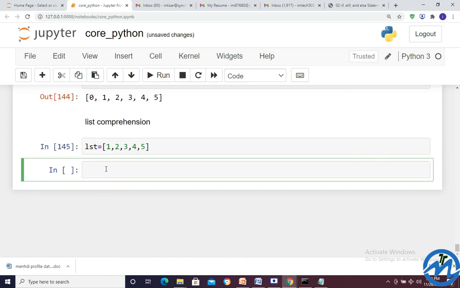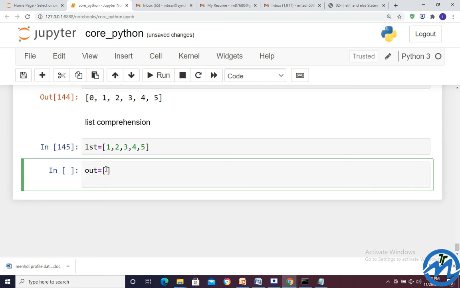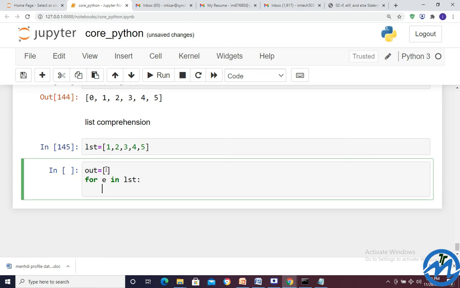Now what I'll do, I'll take out, which is an empty list, and then for P element in LST colon, the data will be displayed in out dot append, and then E to the power 2.